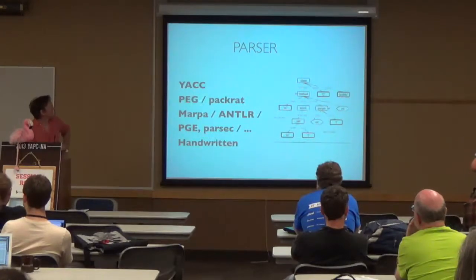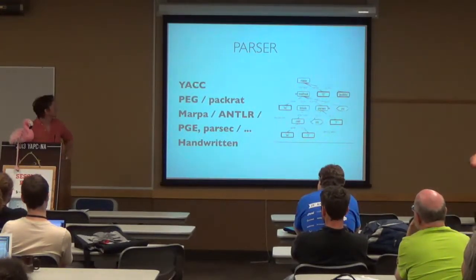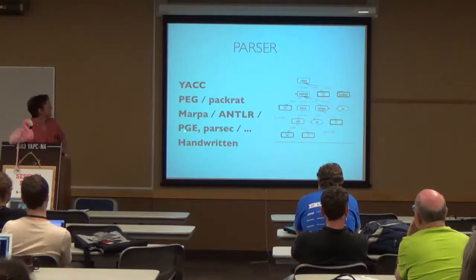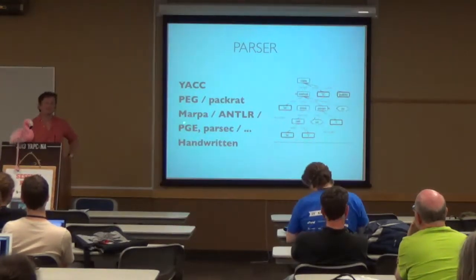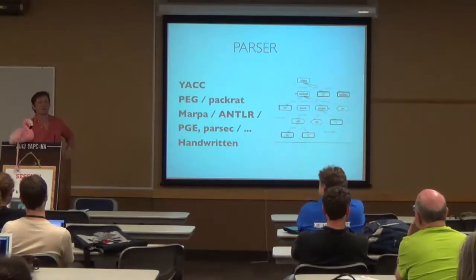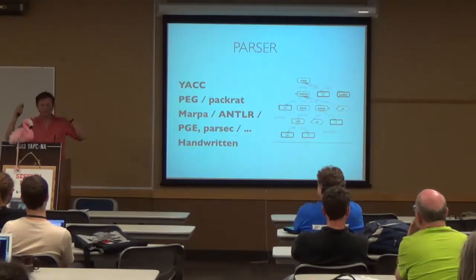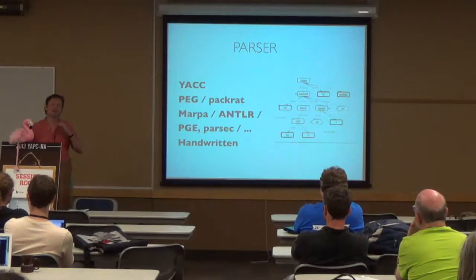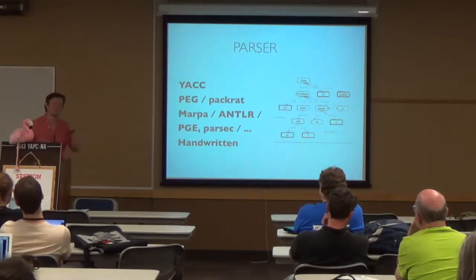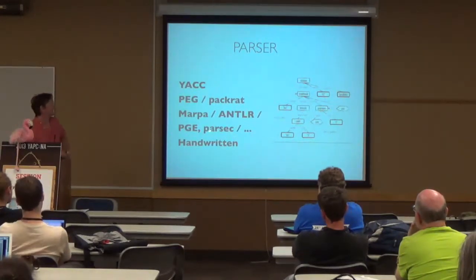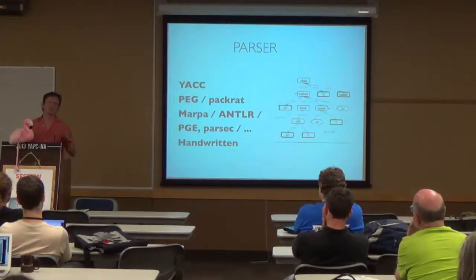The Mapper guy said that should be easy, but I don't like his code. The Java guy said ANTLR, so why use something else? But I don't like it that much. PGE, that's a nice one. That's something I want to have, because that's the Perl 6 grammar engine, and they do it at runtime. I want to have a parsing engine where you can add grammars or rules at runtime. That's basically something like Parsec does. Parsec is the Haskell library where you can add rules later. It's a combinator library.